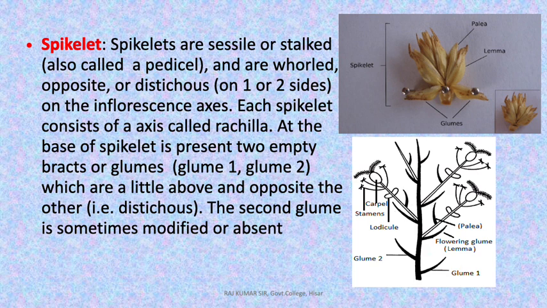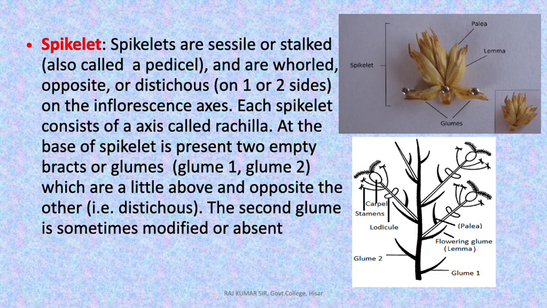At the base of the spikelet are two empty bracts or glumes, called glume 1 and glume 2. You can see the diagrammatic representation on the right-hand side, and this representation is actually shown in the photograph itself, the actual photograph of the spikelets of wheat. At the base of the spikelet, as I told you, there are two empty glumes, glume 1 and glume 2, which are equivalent to bracts,